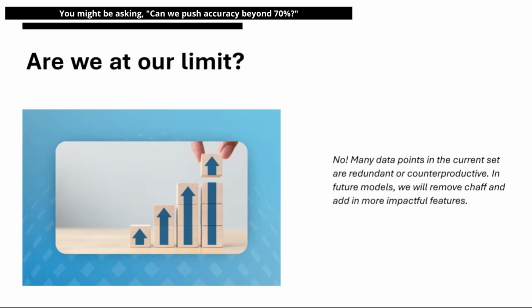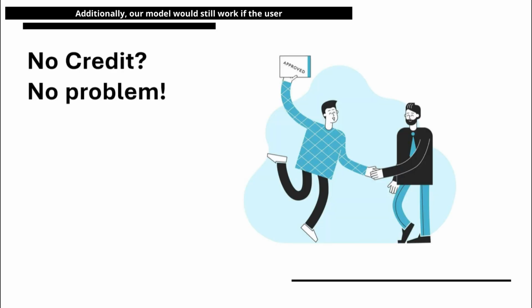You might be asking, can we push accuracy beyond 70%? Absolutely. Adding more data and refining hyperparameters can significantly boost the model's performance, while trimming away less impactful features can further hone its accuracy and efficiency. Additionally, our model would still work if the user has never taken out a loan before, because it relies on broader features such as checking account balance, age, current employment length, and savings account balance, rather than depending only